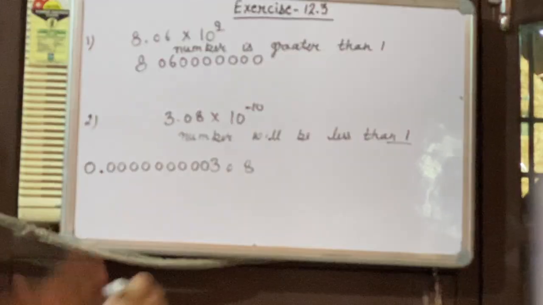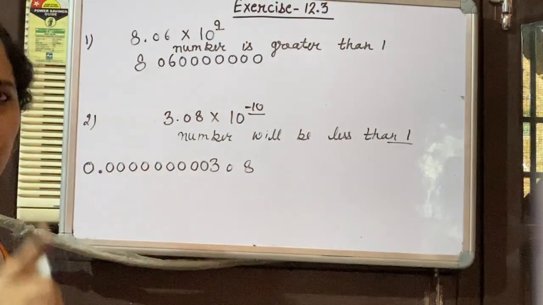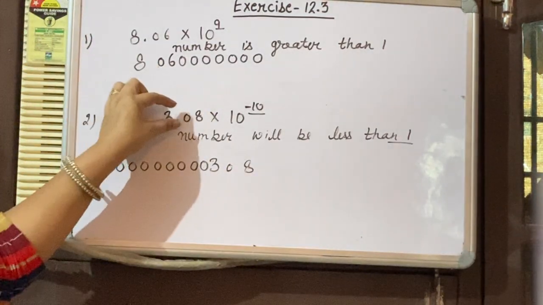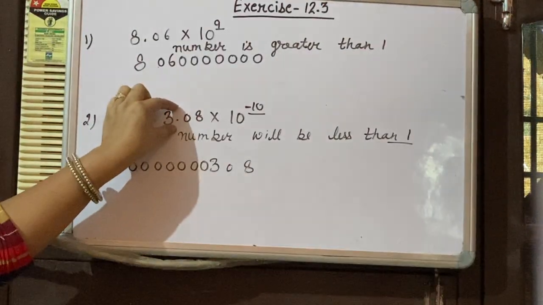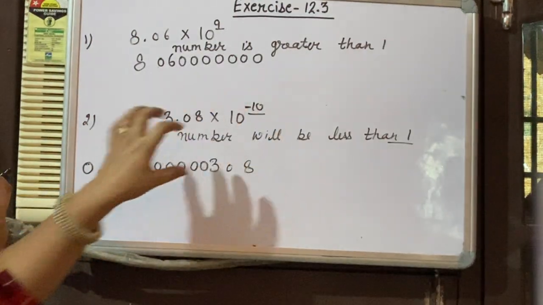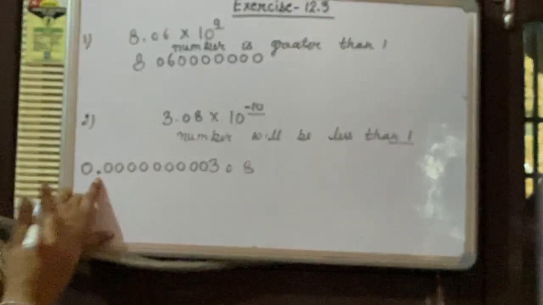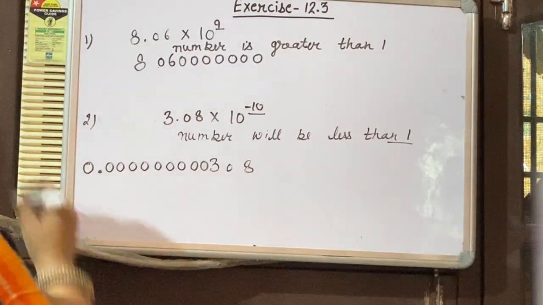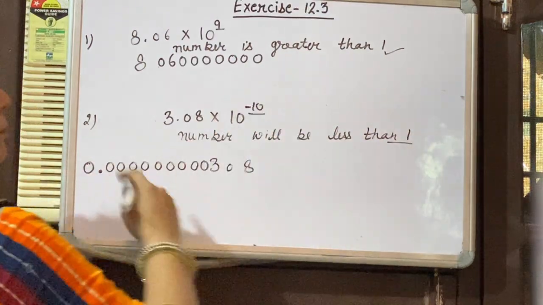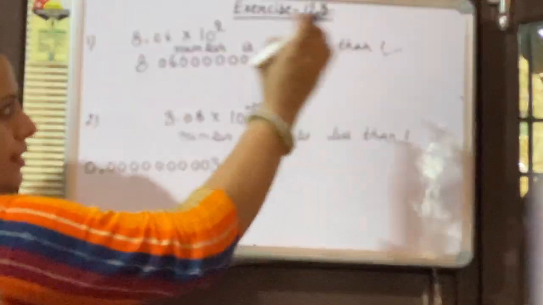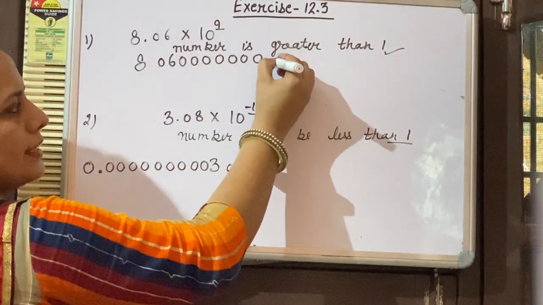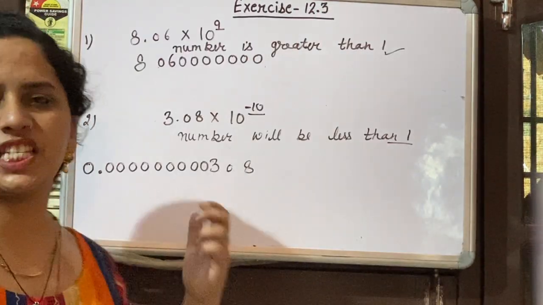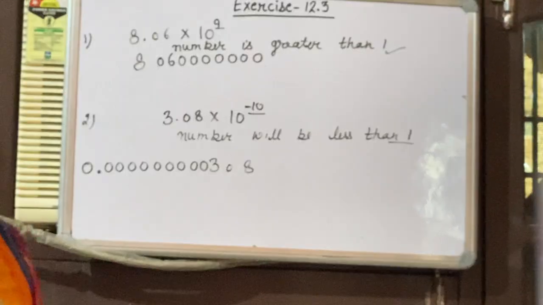I am repeating. 10 is in the negative form, that's why this number is less than 1. Move the decimal to the right hand side. After 10 digits here put the decimal. So count 10 digits to the left hand side, then put the decimal. When the number is greater than 1, move the decimal to the right hand side. After 9 digits there will be the decimal, but no need to put the decimal here. So this is the usual form. We changed standard form to the usual form.